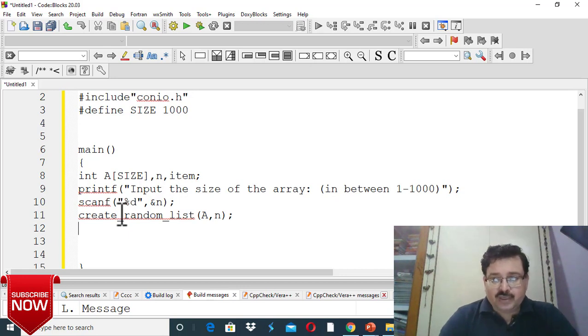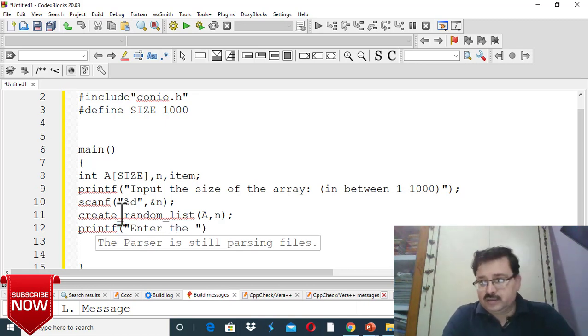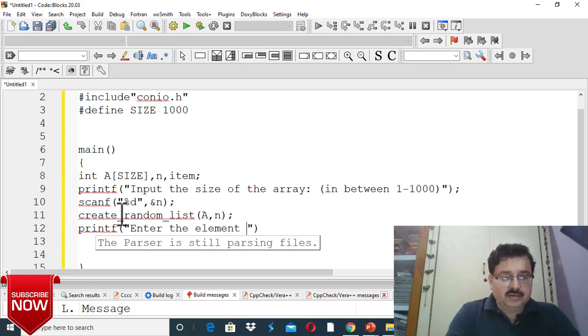Okay. Now suppose my array is created, and now I have to search an element. So I will ask the user, printf, enter the element which you want to search. Clear?